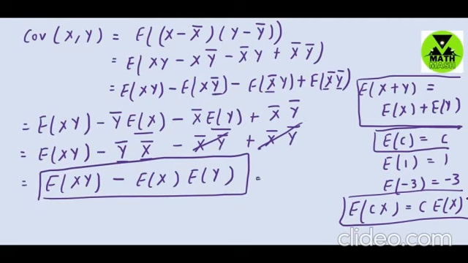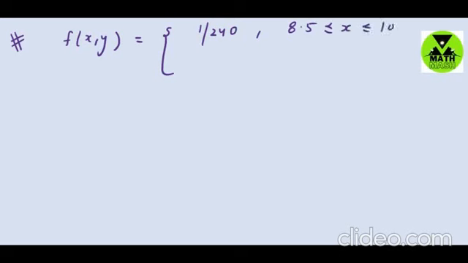So this is the computational formula, that is covariance of x, y. Now for the first example, how to compute the covariance, we have a probability density function, that is fxy, which is equal to 1 by 240, where x is between 8.5 ≤ x ≤ 10.5, and y is from 120 ≤ y ≤ 240, and this is 0 elsewhere. So for this